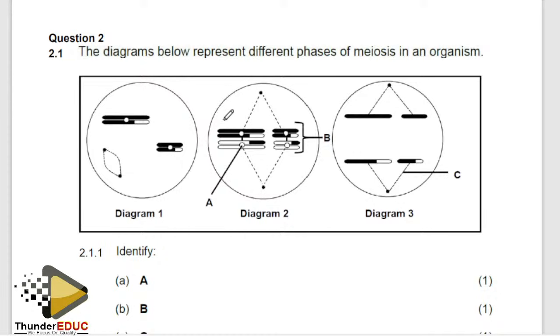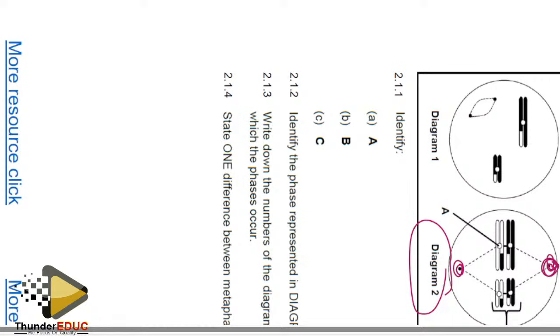But guys, something is itching me, and that itch makes people lose marks in meiosis. Number 1, identify the phase in diagram 2, diagram 1, diagram 3, and diagram 2. Guys, whenever they ask you about the phase, please turn your paper if the centromere and the centrioles are not on the sides. So turn your paper to be like,